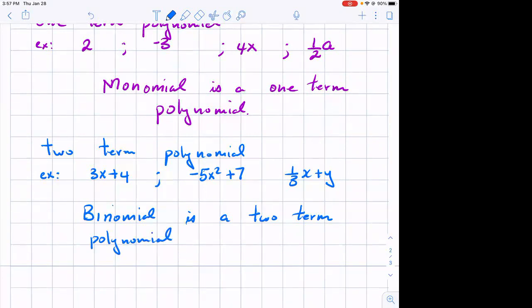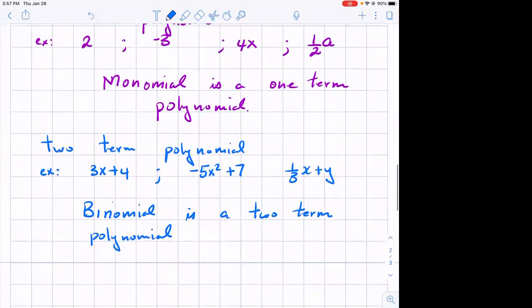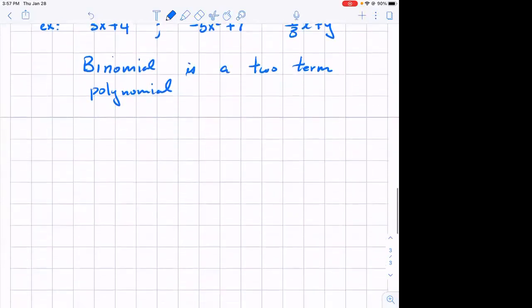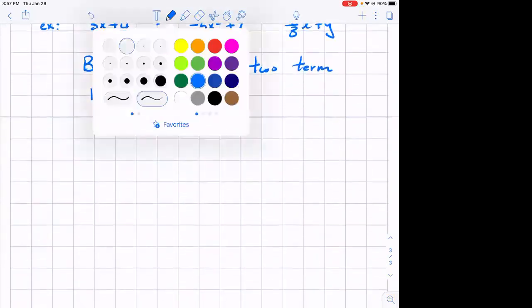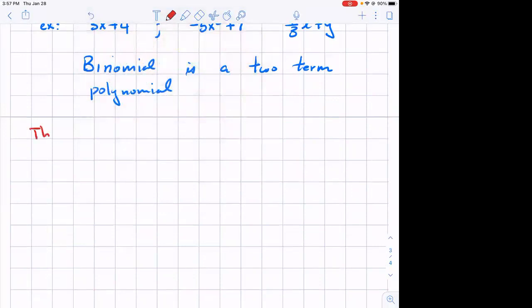Two-term polynomials are called binomial. And then we have three-term polynomials. Three-term polynomials could be x plus y plus z, or